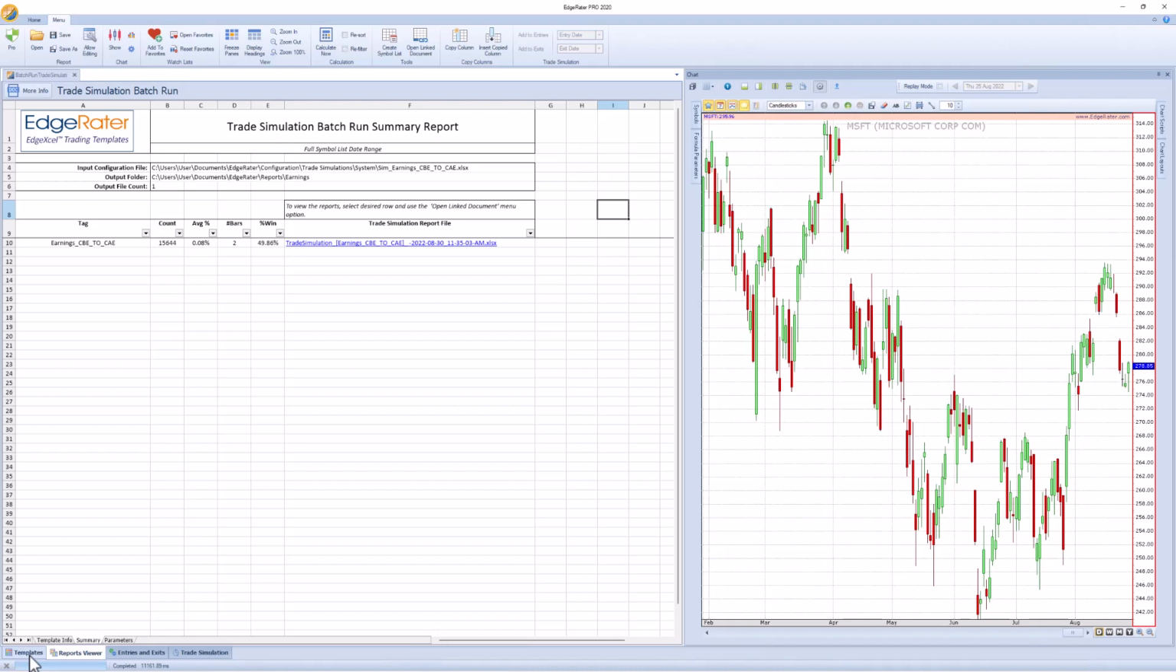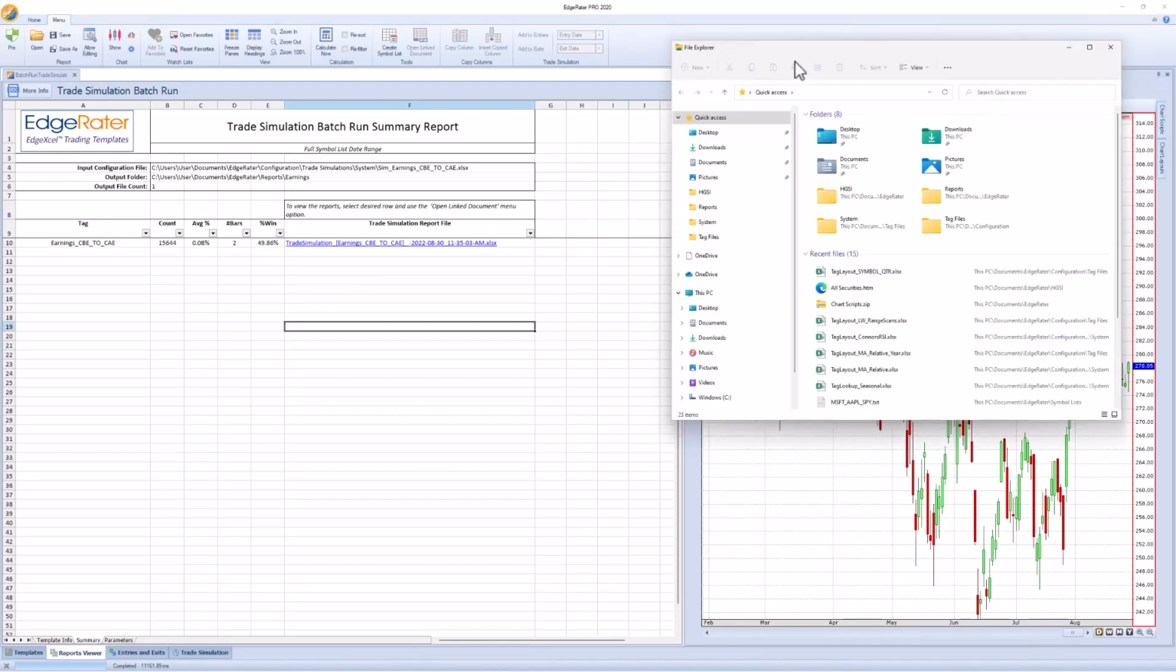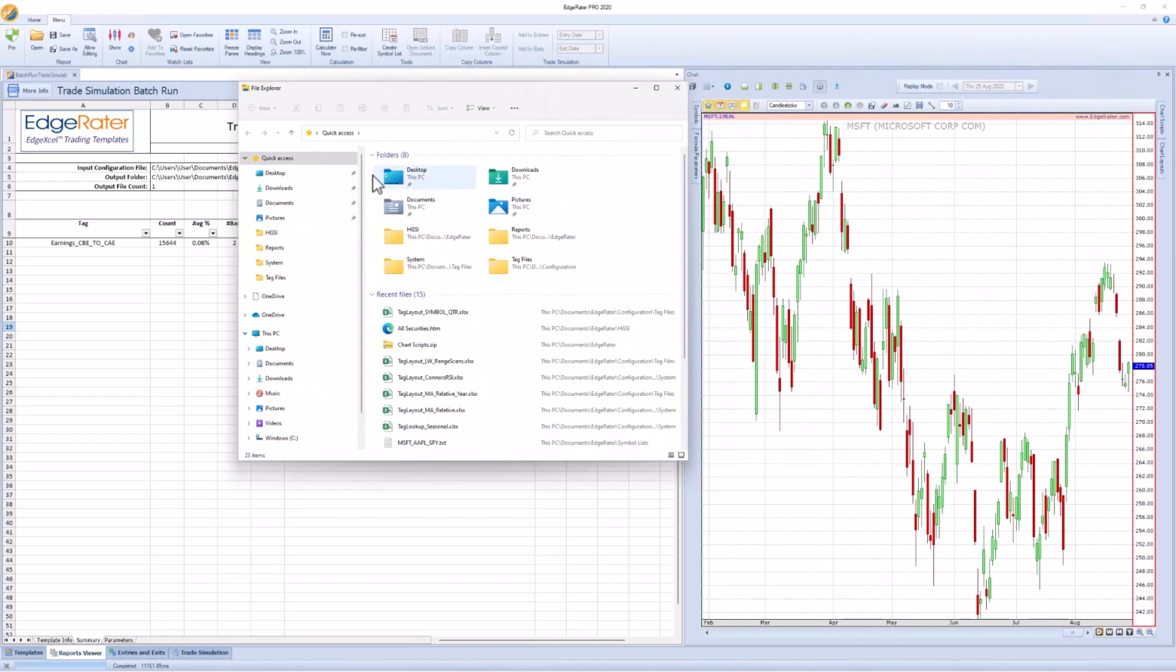Okay, so now the simulation has run and it's generated a summary report of the simulation. This is just informational, but it does tell me where the trade simulation report file is. And I can go and look at that trade simulation report file if I want to, but I'm not going to in this case. I don't need to. I will show where it's put on the file system. Let's just open up the file system. We'll go into the